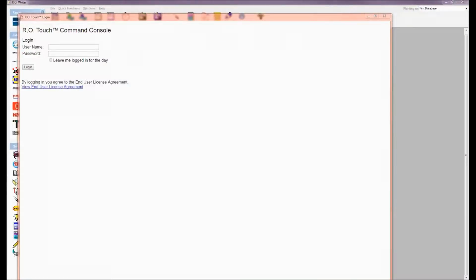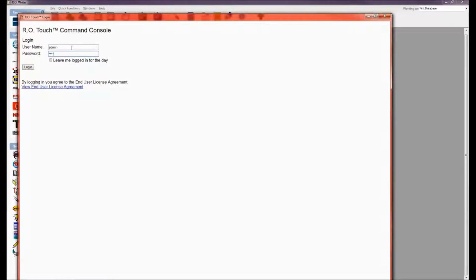The very first time you launch RO Touch Command, it's going to prompt you for a username and password. This is the same whether it's your first time or you're a returning user to RO Touch. So the very first time you log in, the very first password will typically be an admin password. In this instance, my username is admin, and my password should be admin as well,